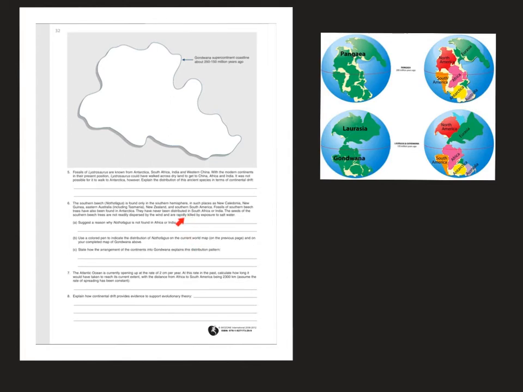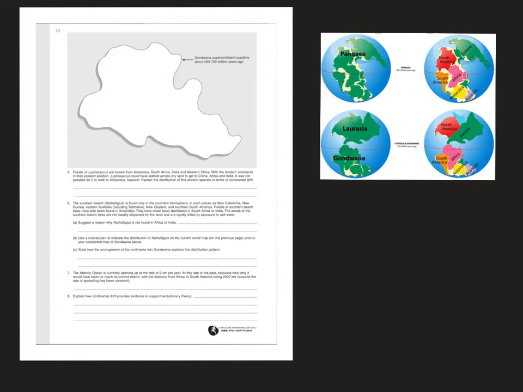They can't fly over by a storm over the ocean, and they're quickly killed by salt water. If they touch salt water, they can't float to other islands because as they touch the salt water, they're pretty much going to be killed. So what's interesting is that it can only be found in places like New Caledonia, New Guinea, Eastern